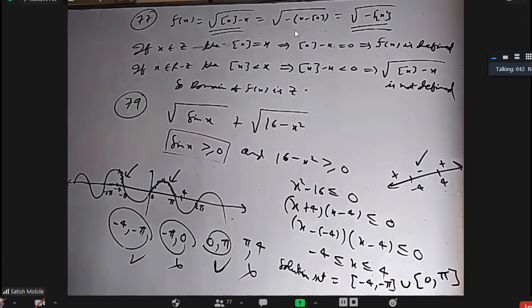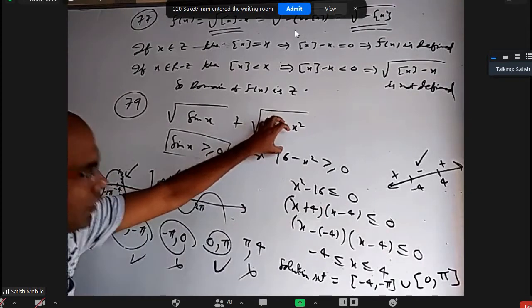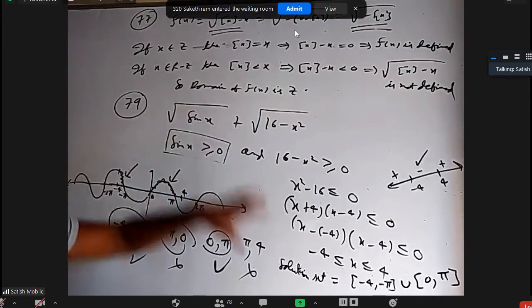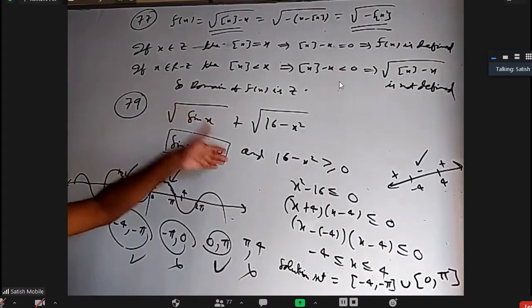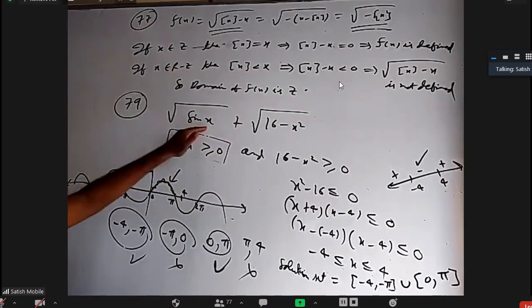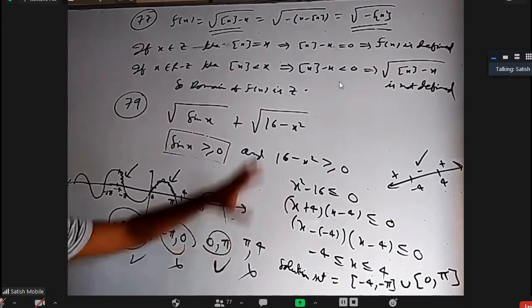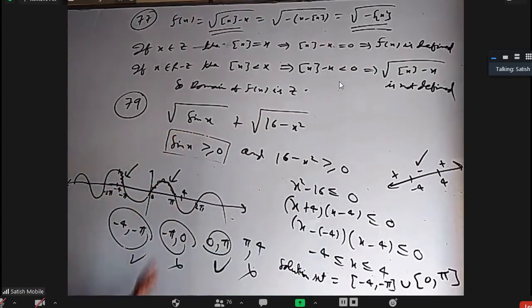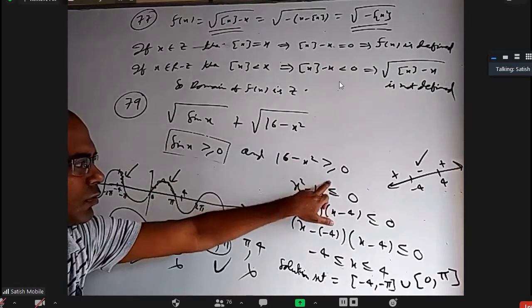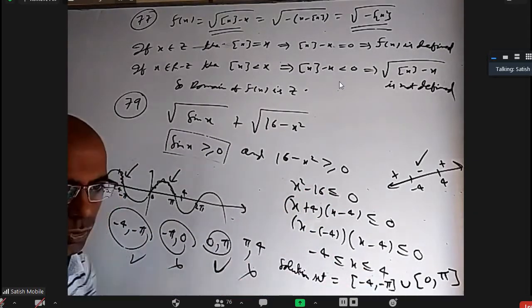Sir, I did not understand. Okay. See, I want for what x values this is defined and for what x values this is defined, and take their intersection, right? This is defined for many values: between 0 to pi, again 2 pi to 3 pi, again 4 pi to 5 pi, again 6 pi to 7 pi, so many. So what we will do is see for what x values this is defined, and within that, I want to check where sin x is positive. This is very easy: 16 minus x square greater than or equal to 0, multiply by minus, the inequality reverses, and then factorize. x should be between minus 4 to 4.